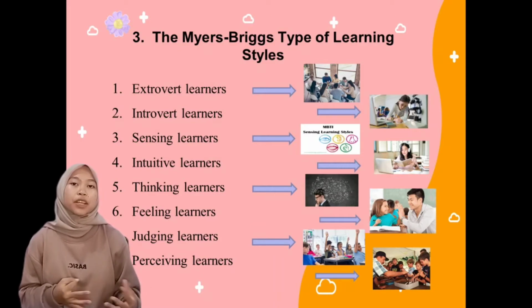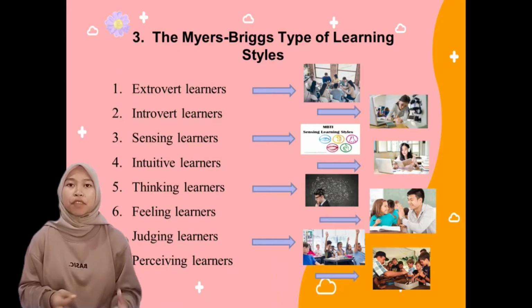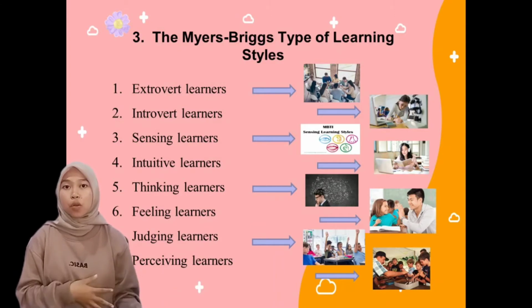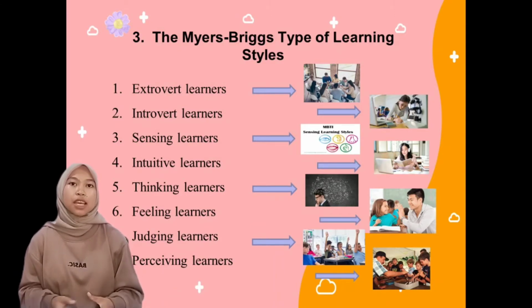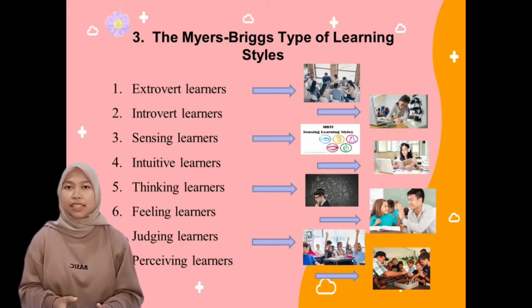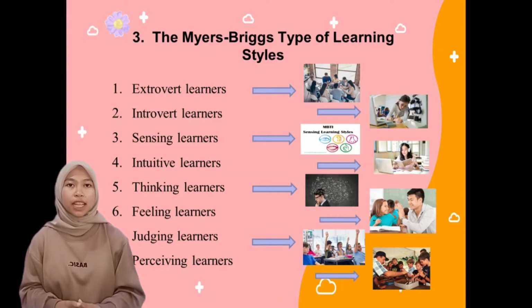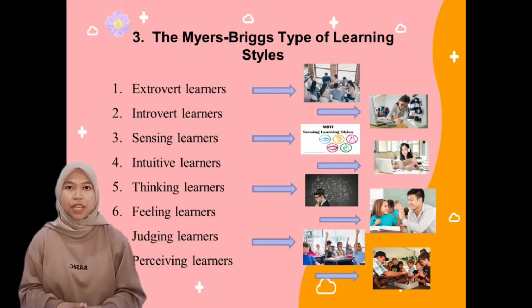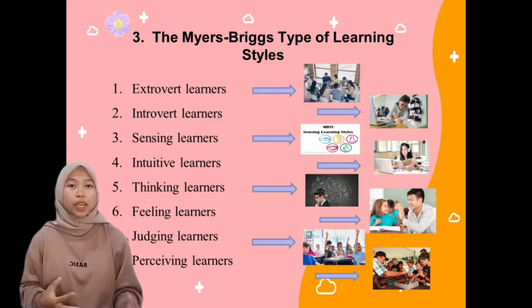The strength of introvert learners is they can find quiet places to work and have enough time to reflect and improve their work. Number 3, sensing learners, like clear goals and are careful and pay attention to details. The strength of sensing learners is they can ask their teacher to explain and they can focus on skills and tasks that are important in their lives. Number 4 is intuitive learners, who like reading and listening, and like problems that require the use of imagination. The strength of intuitive learners is they can find ways to be imaginative and creative in school.